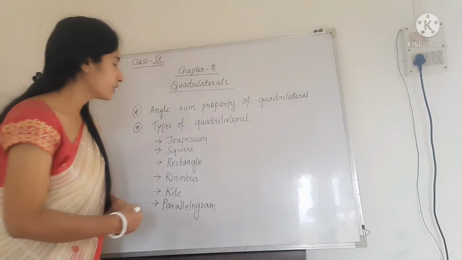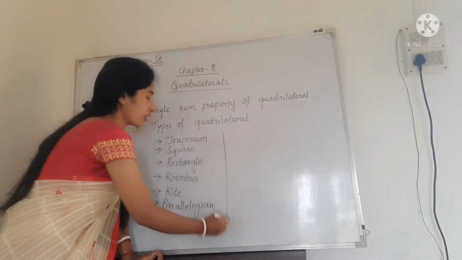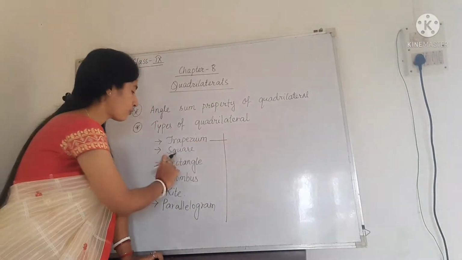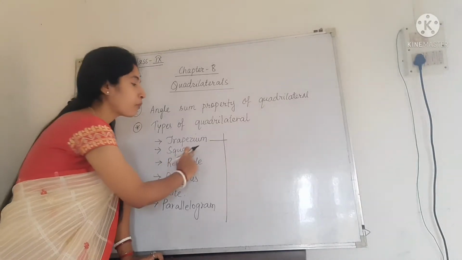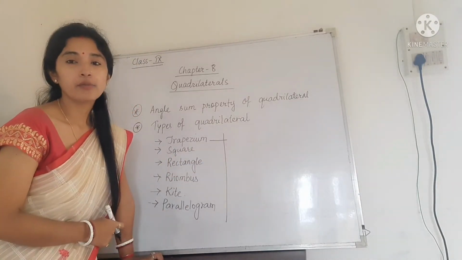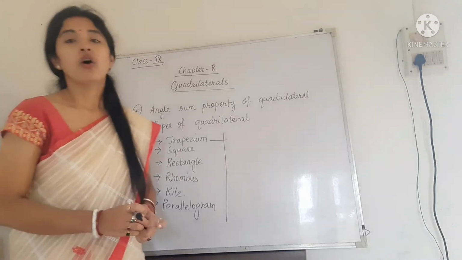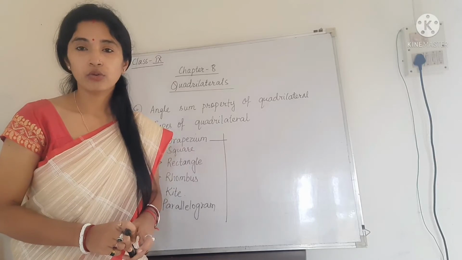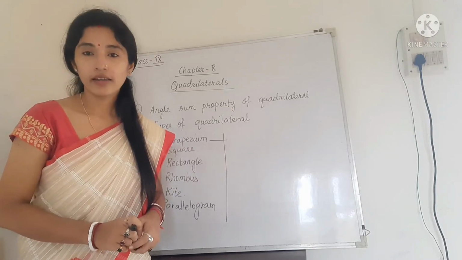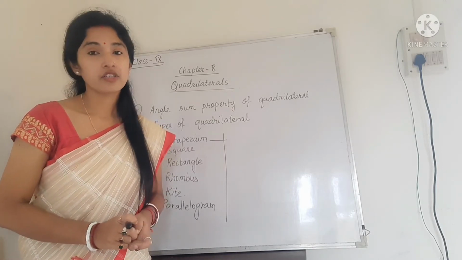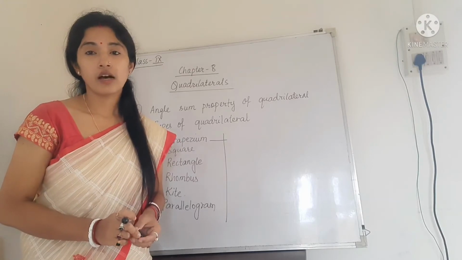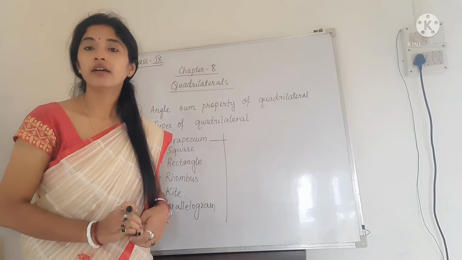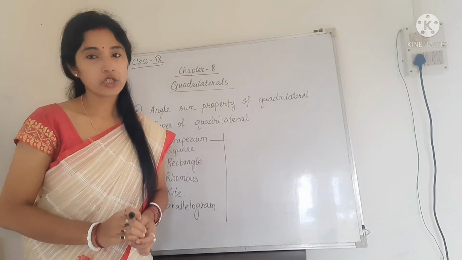In our previous classes, we have studied the properties of each type of quadrilateral. So your homework is to write down the properties of every quadrilateral. For example, if you are writing the first type, square, then point wise you have to write the properties. In a square, all the 4 sides and 4 angles are equal. Each angle is equal to 90 degree. The diagonals are equal. Diagonals bisect each other. So these are the properties of a square. Like this, point wise you have to write the properties of each quadrilateral.